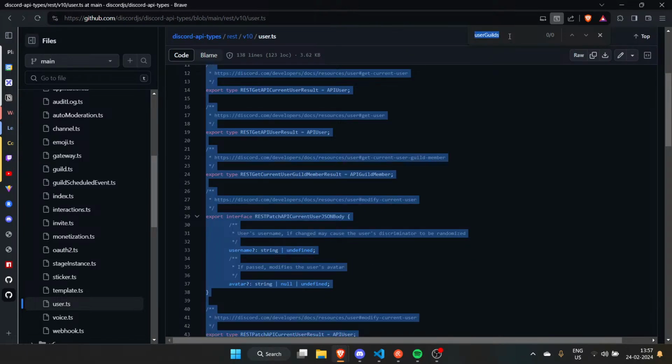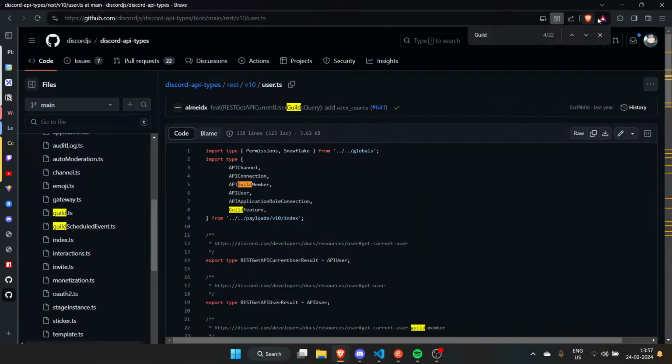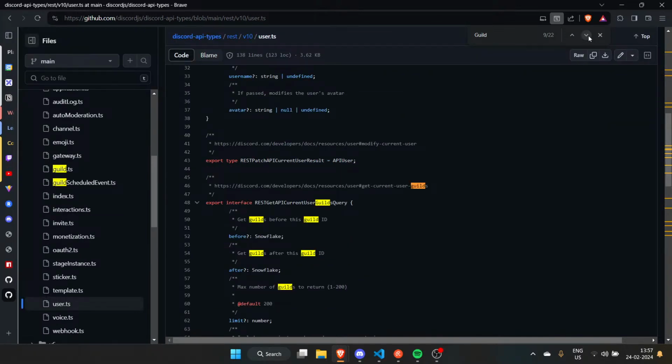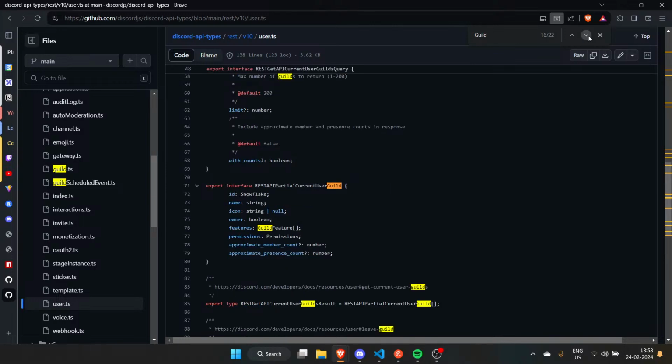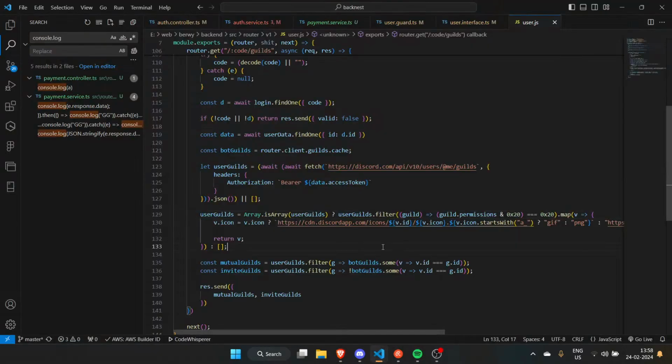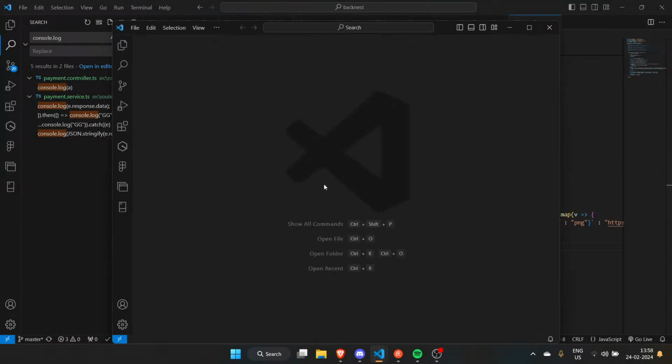Let's search guild. REST API current user guild query, doesn't matter. Am I dumb? I can just do this.